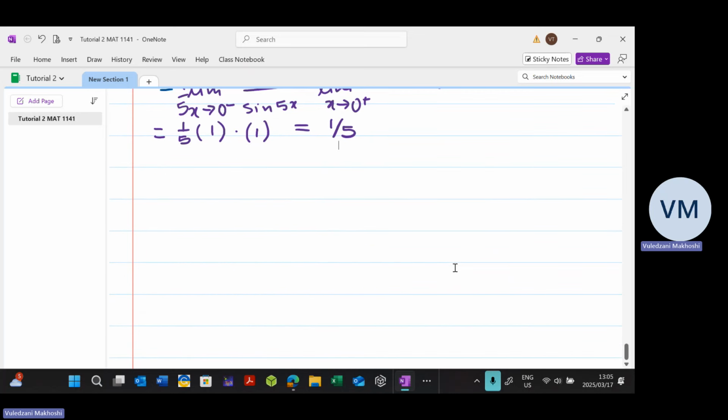So we say that since f of x is continuous, the limit of f of x when x approaches 0 must be equal to f of 0. So, and we have f of 0 equal to,